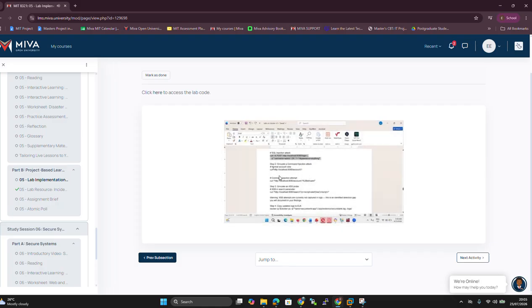All right, then this one is for the normal login for the command injection, and then the next one is